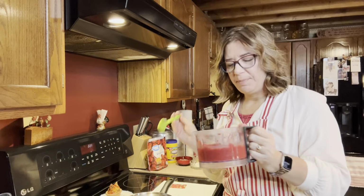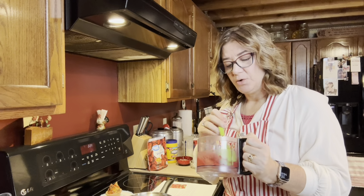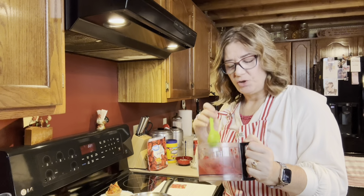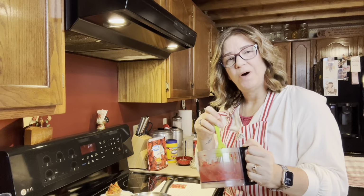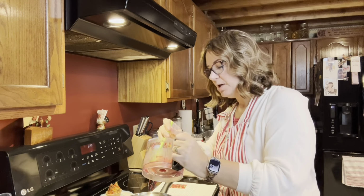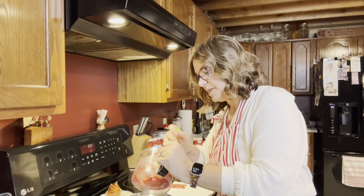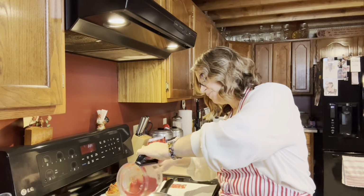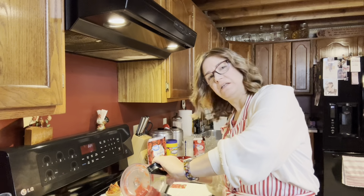And just a little tip, I did not have my frozen strawberries completely thawed. So note to self for next time, make sure that those strawberries are pretty much thawed out because you want that juice. I actually added about a teaspoon of water to this because they were a little too dry when I was chopping them up. So you want to make sure that they have some of that moisture from the frozen strawberries being thawed out. So I'm going to put that right in my pan,